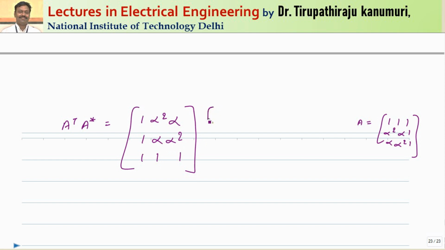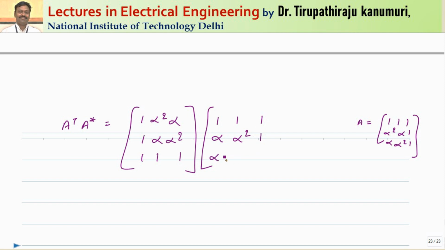This one is done. So now coming to conjugate. Conjugate means you have to take the conjugate of this value. So conjugate, how the values comes, I have just explained you. So 1 conjugate will become 1 only because angle 0 degrees conjugate will be 0 only. So this will become 1, 1, 1. So now coming to the second line, the conjugate of alpha square. Conjugate of alpha square we know is equal to alpha. I have just derived. So similarly conjugate of alpha is alpha square and conjugate of 1 is 1 only.